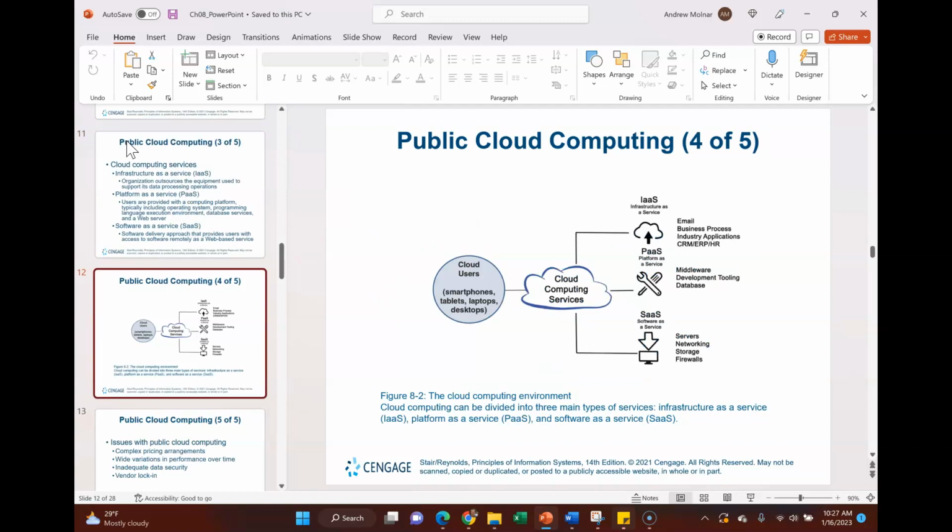Now, you can see here in public cloud computing that there are cloud users, like all of us on a smartphone, a tablet, a desktop, and we connect to cloud computing services like GCP, and our company uses infrastructure as a service, right?